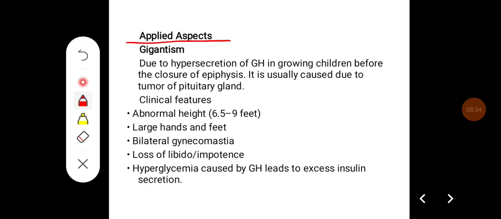Coming to applied aspects, gigantism. Gigantism occurs due to the hypersecretion of growth hormone in children before closure of epiphysis. It is usually caused by a tumor of the pituitary gland. Some of the clinical features are abnormal height, that is, the person can grow up to 6.5